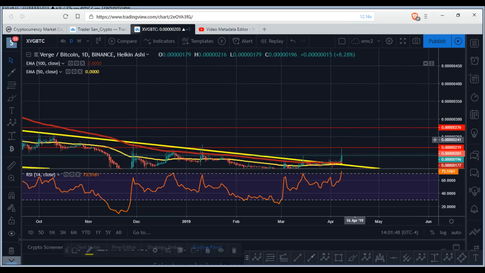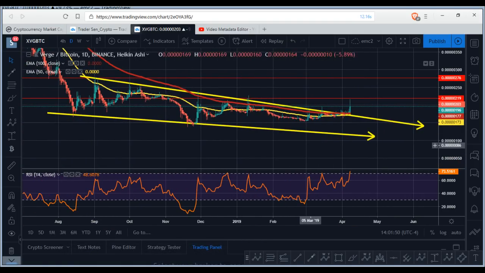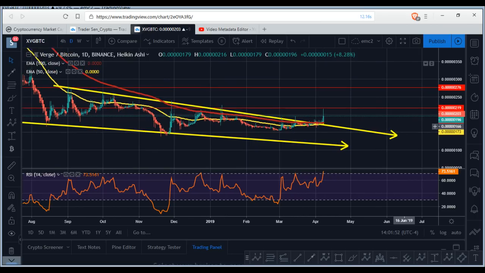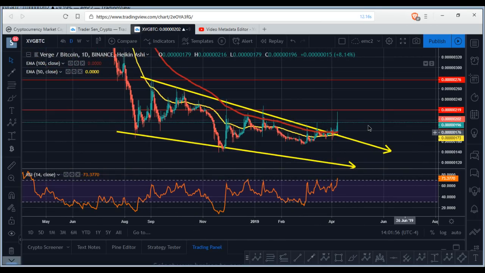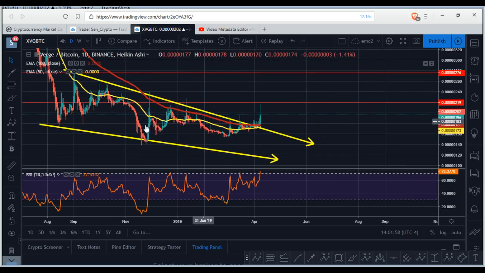Okay, XRP all-time high this year versus $1. It is pretty possible. But let's take a look at Verge, right? A nice falling wedge, right? Break this area of upper resistance, and then now we got a nice crossover. We're about to get a nice crossover, but we're just gonna have to wait and see how Verge is going to be able to